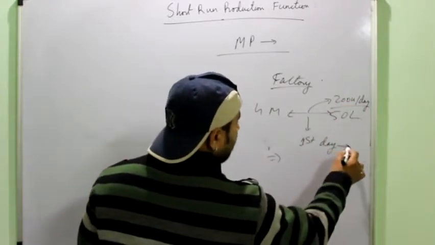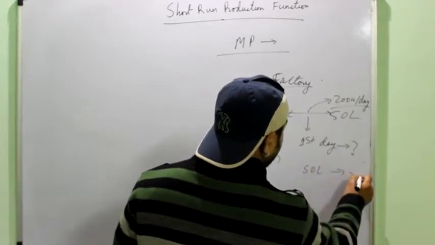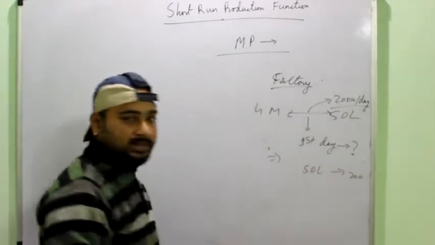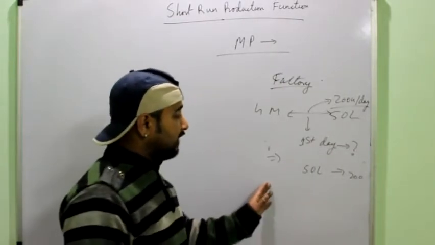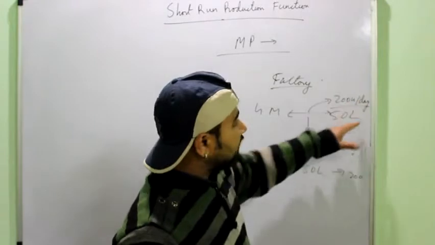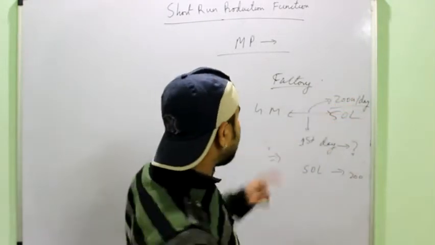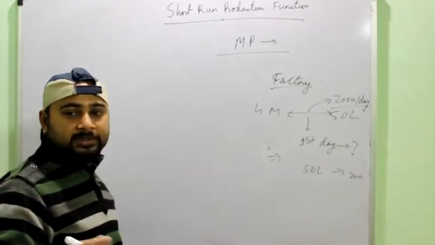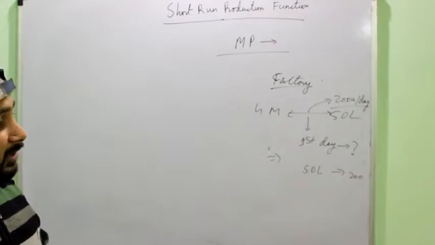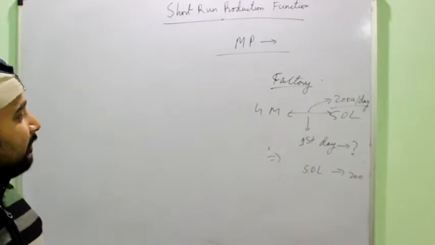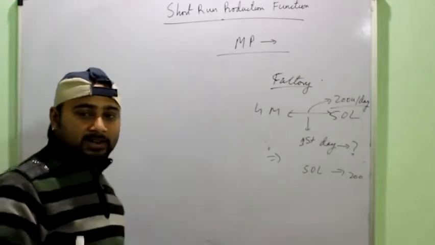Now from the first day, do you think that I'll operate with 50 labor and with 200 output, or maybe on the second day, or the third day, or maybe for 1 or 2 months of my business? Because first of all I will not get this much sales in the market because I'm starting something new, right? And I plan to do the business in the long run. If you have learnt accounting, you must have also learned the long run concept. It means every business is started for a long run.